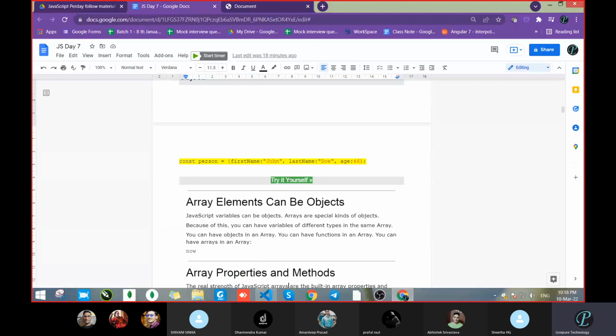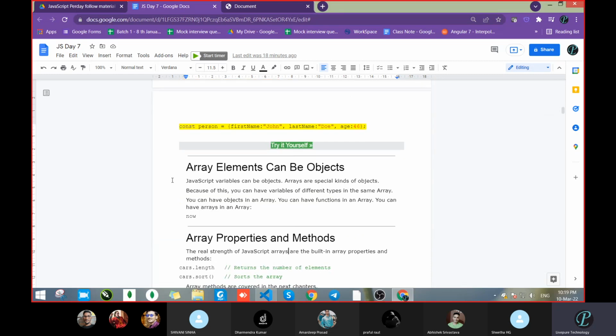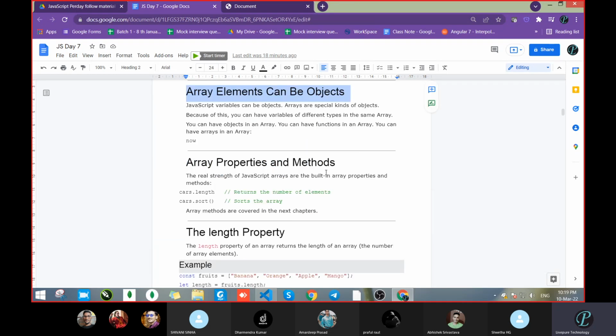So we covered the complete array topic: how to create an array, what is the difference between array and object, how to access the array data, and how to access the object data. If there are array and object mixed together, how you can access that, and how you can dynamically create an array. We had looked at all these things. These were all basics of array, not only basics, you can say advanced array. Tomorrow we will learn about the methods of array.